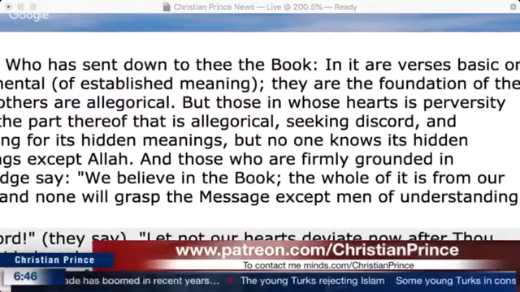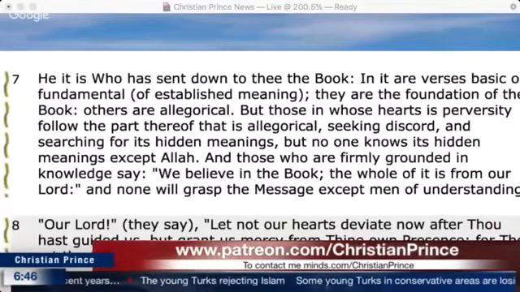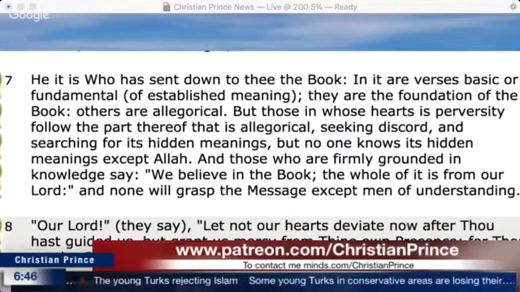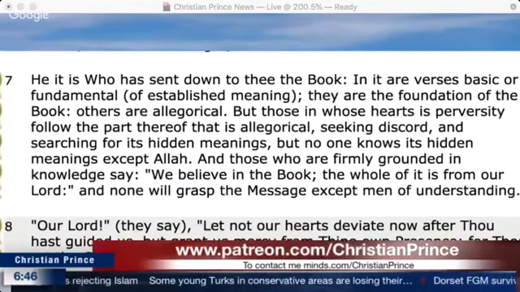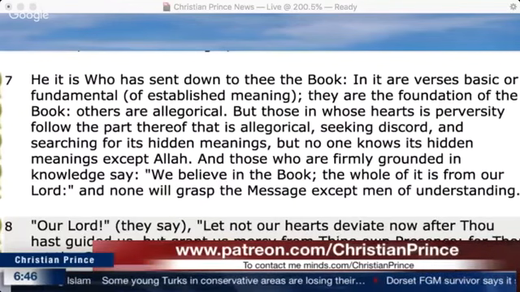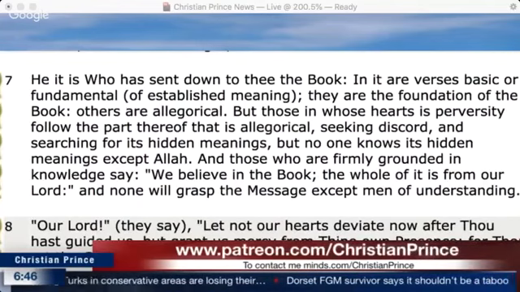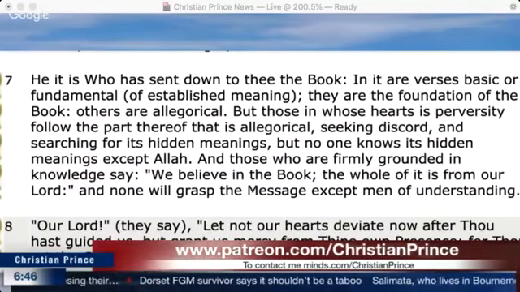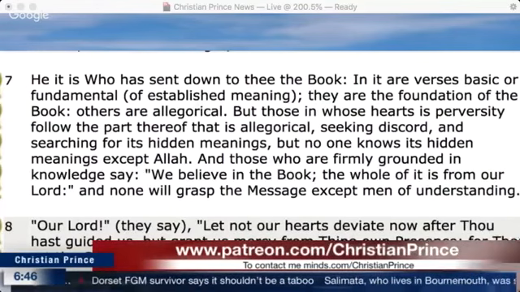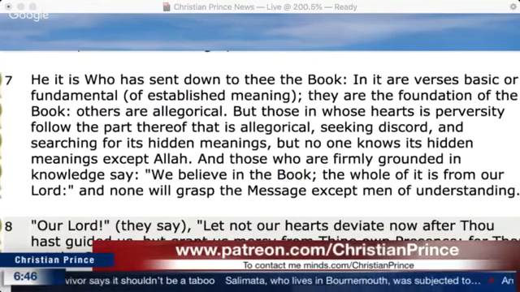Okay, so Allah supposedly knew that in his Quran there is a problem, and the problem is that the Quran is going to be used to misguide people, not because the Quran is clear, not because the Quran is perfect, but because the Quran is stupid. So people will have a chance to do stupid things with it. This is what he's saying. There are verses that are clear and verses that are not clear, and those who have sickness in their hearts will use the ones that are not clear. So why doesn't Allah make it clear?